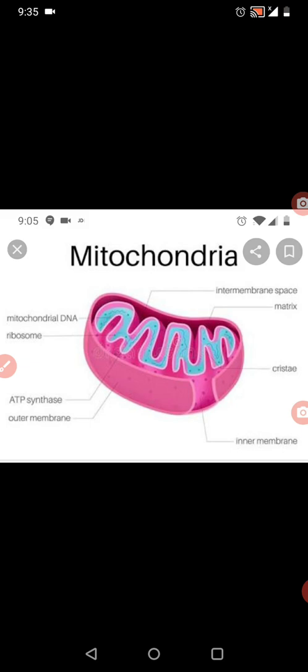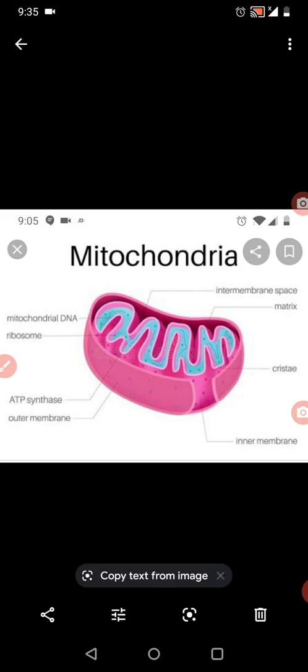Children, the cell also needs energy, of course, because the cell does various mechanical and chemical activities. So the cell needs energy. From where does the cell get this energy? During this process, the mitochondria release energy. That energy is released in the form of ATP. ATP is the energy molecule, and this ATP molecule is utilized by the cell. The cell gets charged. The ATP molecule is utilized by the cell for energy.